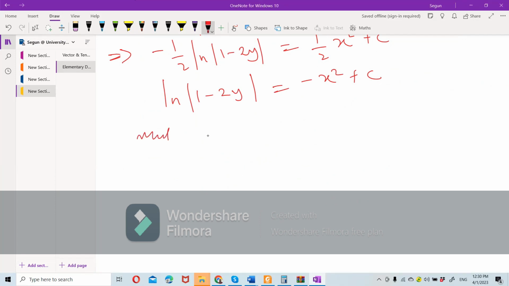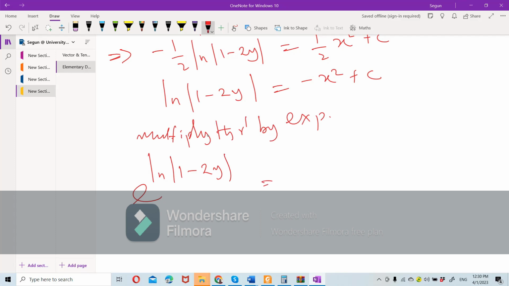So we multiply through by exponential, where you have exponential of ln of 1 minus 2y equals exponential of minus x squared plus c, which is the same thing as this will go with this. You have 1 minus 2y